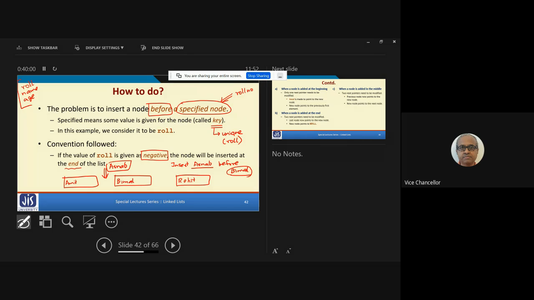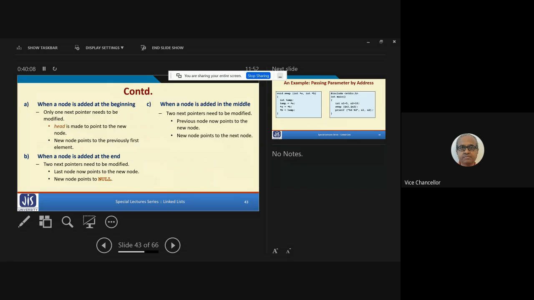Otherwise, you specify the roll number before which it will be inserted. Okay? Now the three different scenarios I talked about are summarized here.